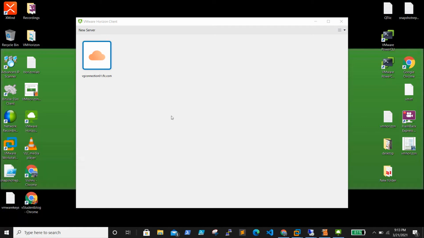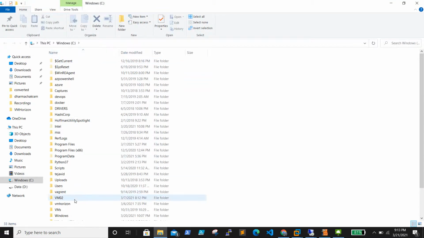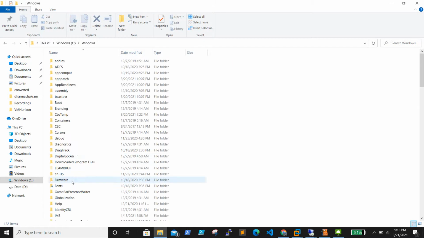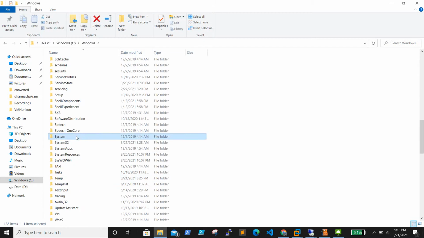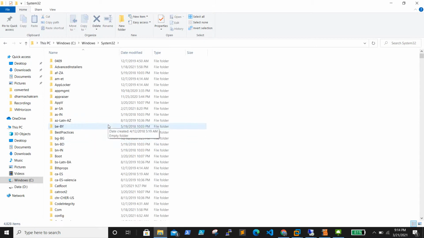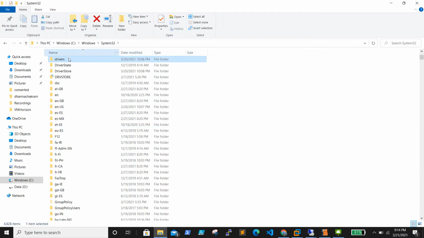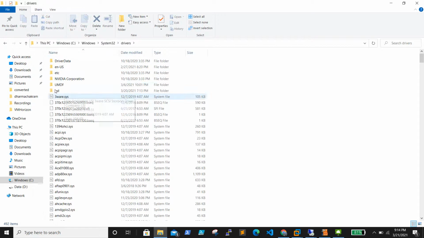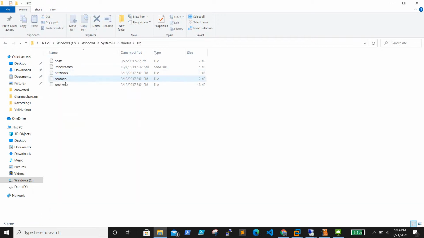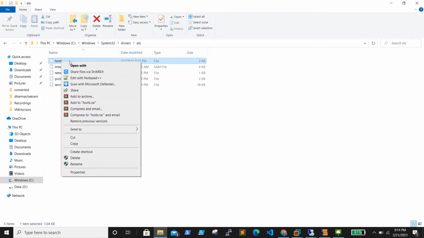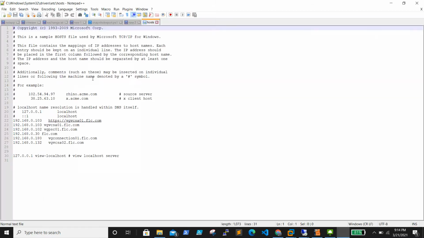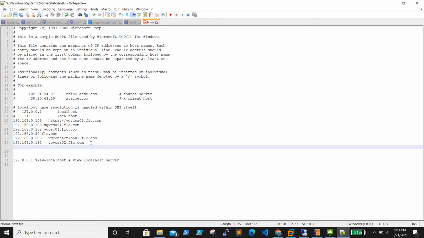I don't remember the path, but see, Windows System32. So this is also a part of troubleshooting. So drivers, etc and hosts. Yep. Let's open with Notepad++. So here we already added the IP and the host name for VG connection 01. So we'll add the second one,